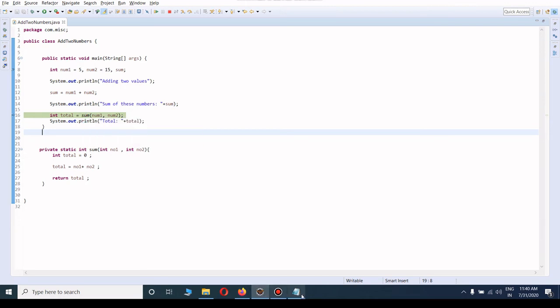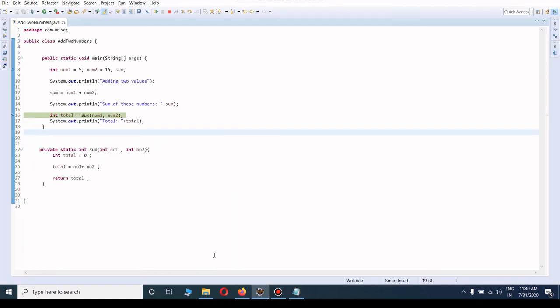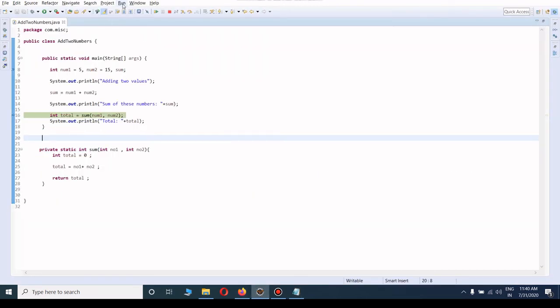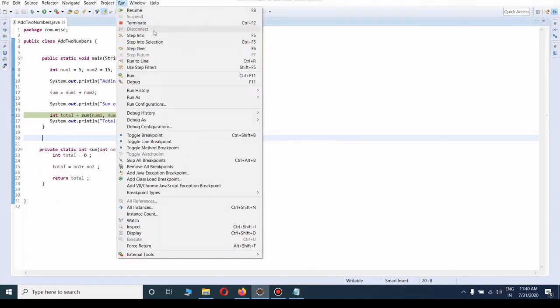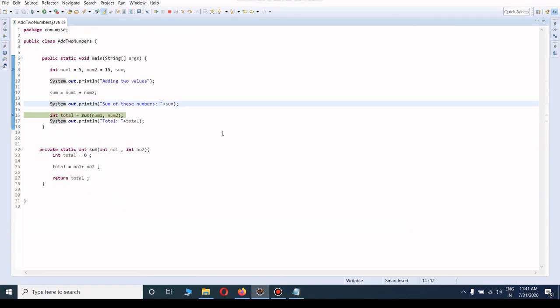So for that I can use F5, that is step into. You can use these shortcuts, or you can also use the step into or step into selection options. A lot of options are there. Now I want to go into the function, so I will press the F5 button.